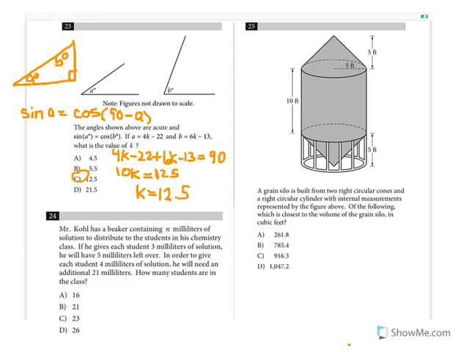If he gives each student, and we want to know how many students, so 3 milliliters per student times S students plus 5, because it equals N. We don't know how many students, but if he gives each one 3 milliliters, he will have 5 left over. So we need to add that 5 left over after the 3 times the number of students equals our N. So if he wants to give each student 4 milliliters of solution, so now 4 times the number of students,